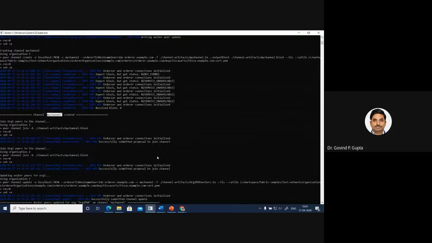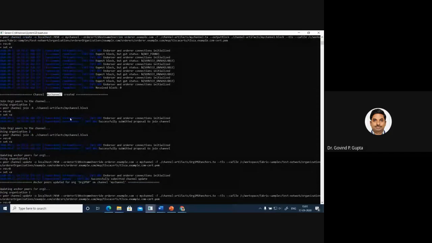Without these two skills, you will not be able to manage the Hyperledger Fabric network. Once the channel is created, it is associated with both ORG1 and ORG2.